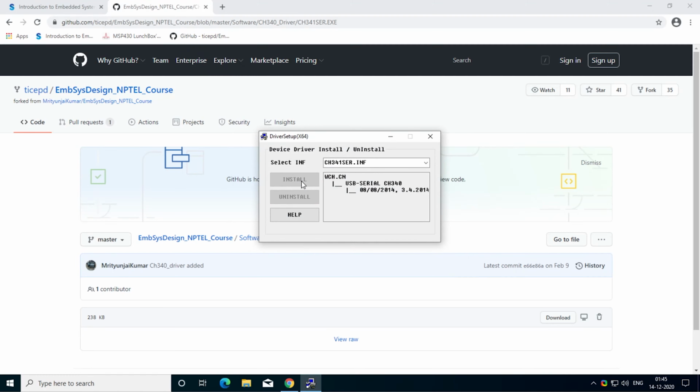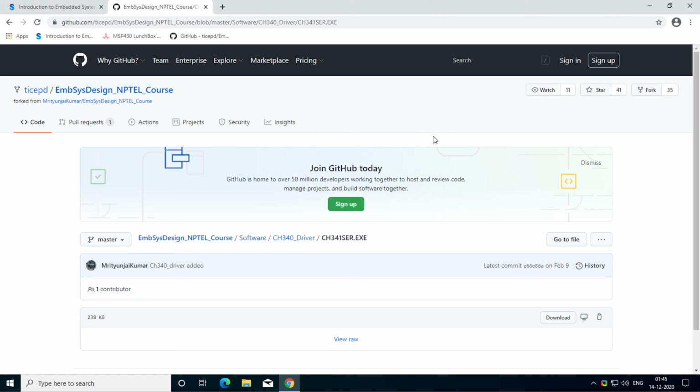After 4-5 seconds, a window will appear to confirm that the driver is installed. Just press OK and close this. So now you have installed the driver for this hardware onto your computer.